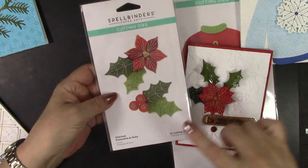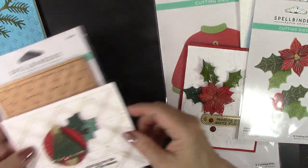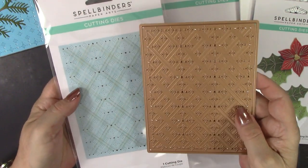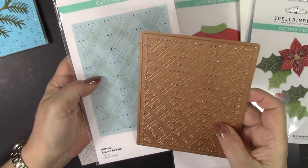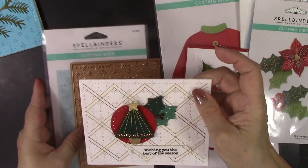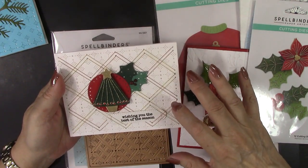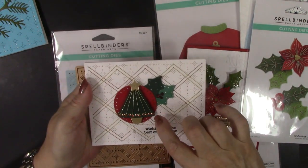This is the die set that I used for this one, and my favorite of all the new stitched dies is the stitched Starry Argyle background. Here is a card where I partially stitched the background, and I added a cute stitched Christmas tree as well